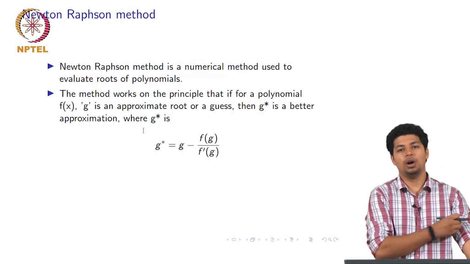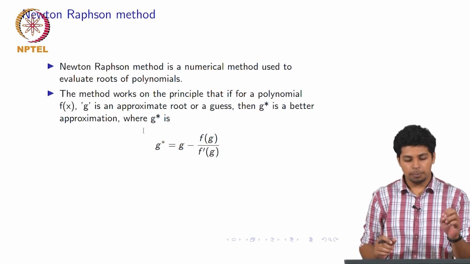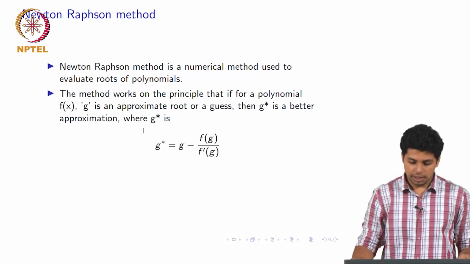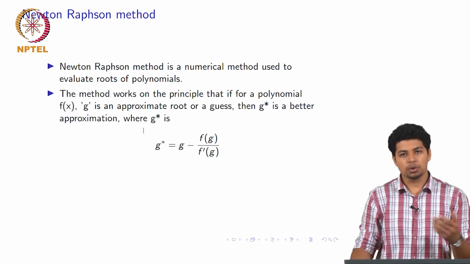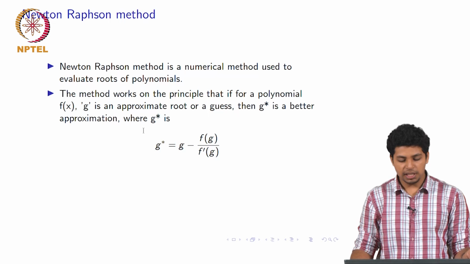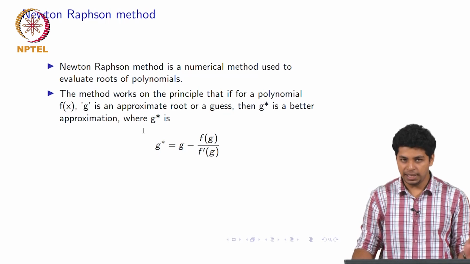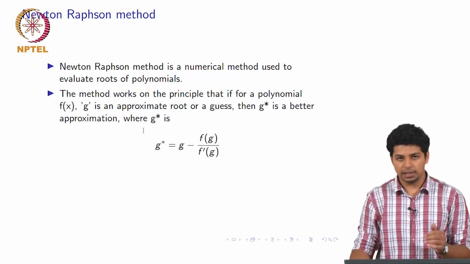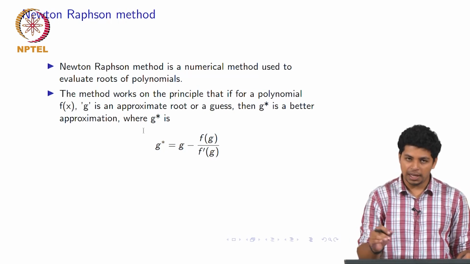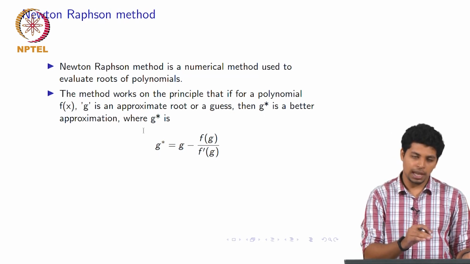Now we will use all the concepts that we have discussed until now, and we will apply them to a particular application. The Newton-Raphson method is a numerical method used to evaluate roots of complicated polynomials of a higher degree. This method is used when analytical solutions cannot be found. Say you have a polynomial with a very high degree, and it is not always possible to find an analytical solution. So what we do then is we find a numerical method. We give different values to the variable in that equation, and we see if it goes to 0, or as close to 0 as possible.